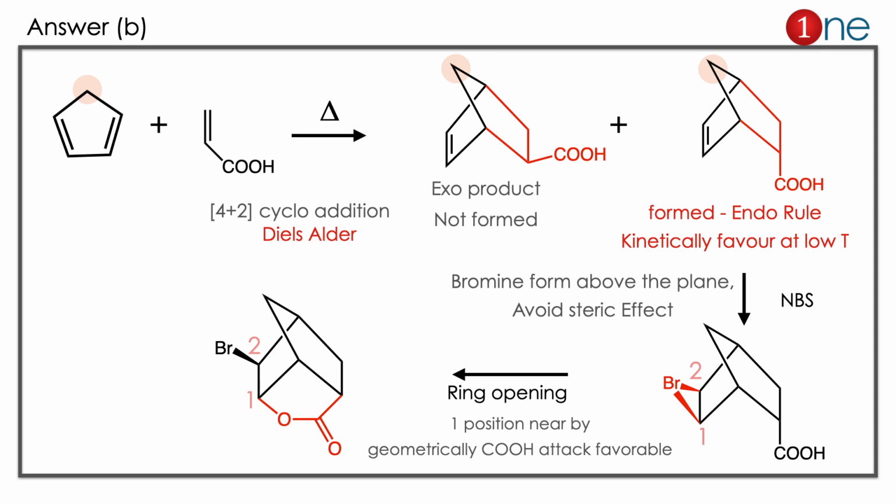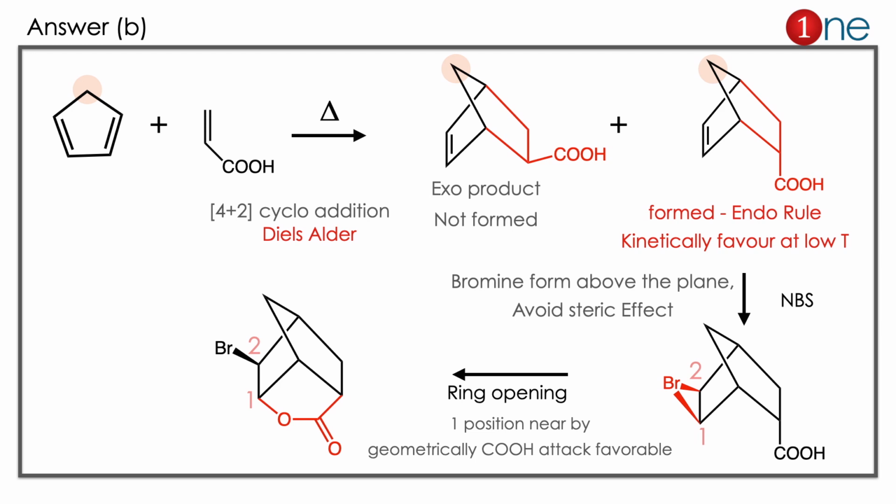Here a diene and dienophile are there, a cyclic product happens which is a bicyclic system. Always endo is favored there. Then you are using the N-bromosuccinimide. It's an extra step but you have to master it. N-bromosuccinimide is there, so it forms a rigid carbon. It forms an epoxide-kind of bromination. Bromine is formed at endo to avoid the steric effect.